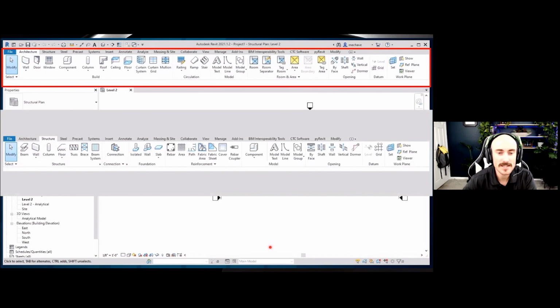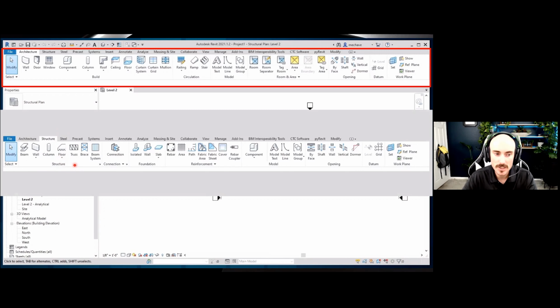Next is our ribbon tab. Our ribbon shows us, hey, this is familiar, if I could speak. In AutoCAD, it's the same thing. We have ribbons and then we have control panels below. So this looks somewhat familiar as we're going through here. For this instance, I have the structure tab selected. You have other tabs like steel, precast systems. We can even see where the highlighted one, architecture, is selected. You have walls, doors, more commands pertaining to architecture. We're in the structural field, so we have more commands pertaining towards the structural end.